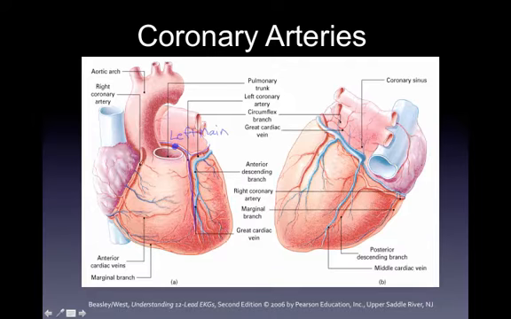The right coronary artery, if you get an occlusion here, everything distal to this point is now oxygen starved. Same way with this: if we had an occlusion here, everything distal to this point. So my point being is, if we have an occlusion in the left main, and we allow that